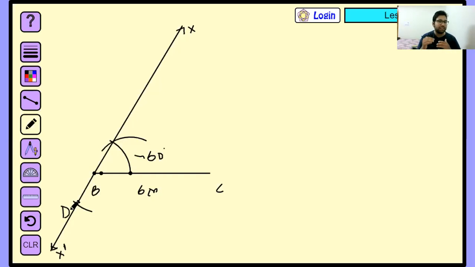As soon as we get the intermediate point, the next step is always similar. We have to connect it with point C. So let us connect it. After this, again, same procedure. What will we do now? Please tell me. After connecting this CD, what shall we do now?